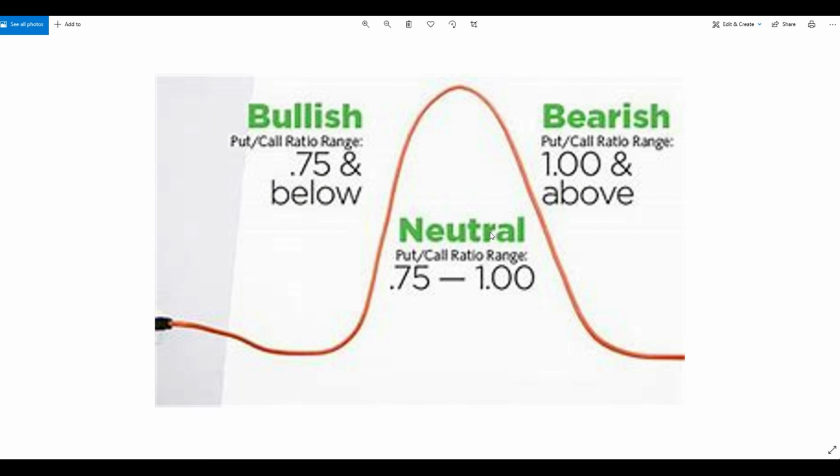This is also a sum of the levels. That's the general rule we have followed, that less than 0.5 will be bullish. We can use this one also, which is also approximately good. If PCR is less than 0.5 or 0.75 or below, it will be bullish. The neutral range of PCR will be 0.75 to 1. Above 1 will be bearish. This is a simple topic I tried to explain in the concept of options, in this series.